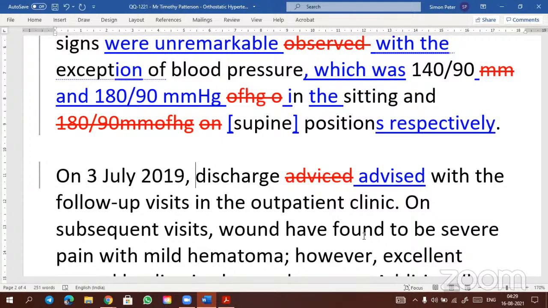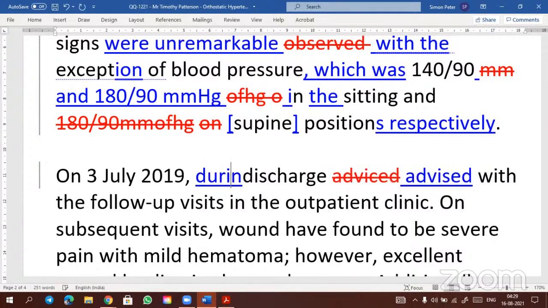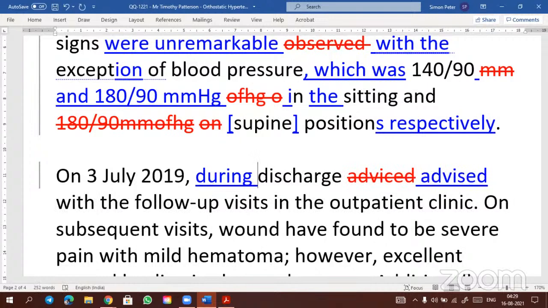So on 3rd July 2019, upon discharge, or during discharge, or at the time of discharge. During discharge means at the time of discharge. Or while discharging, or upon discharge. There are 100 different ways you can write. So during discharge,